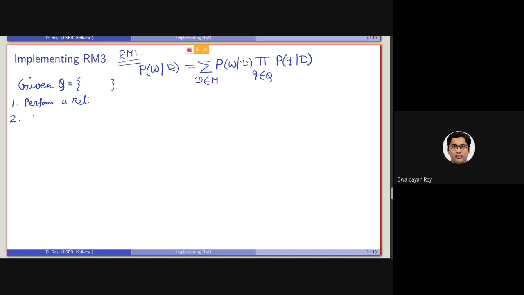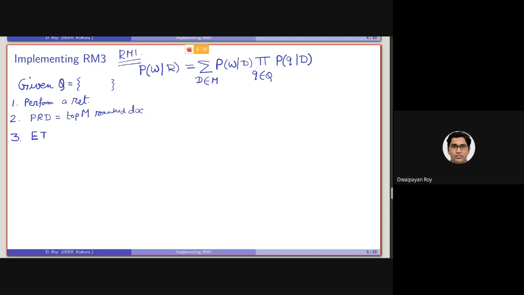Step 2 is, say, PRD equals to the top, say, M ranked document. Okay, this is PRD. Then let's consider step 3 is basically, as I was writing as ET, or I can